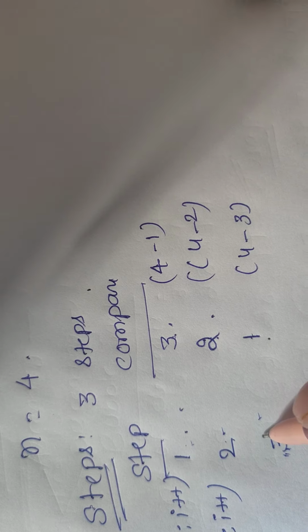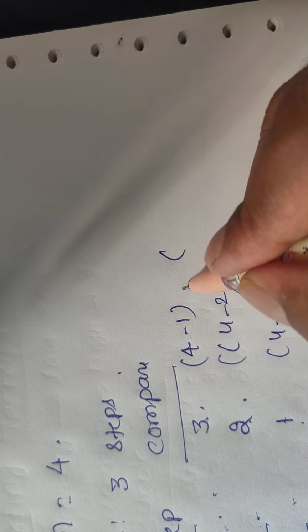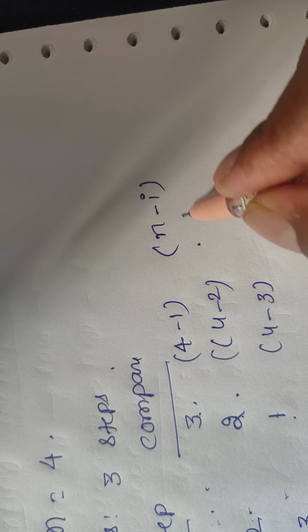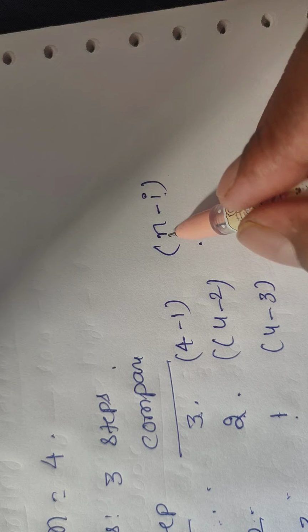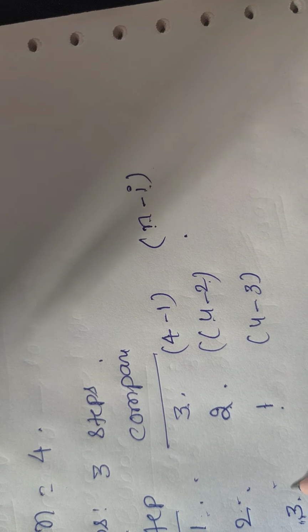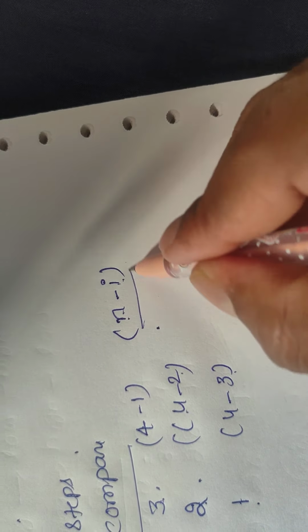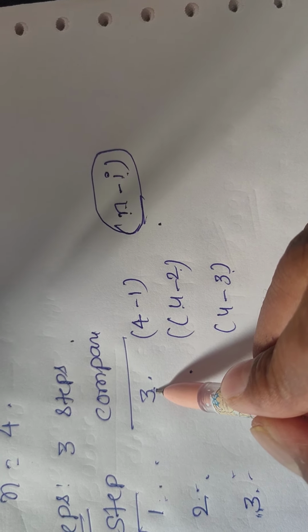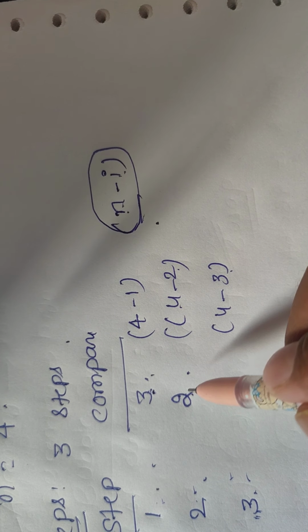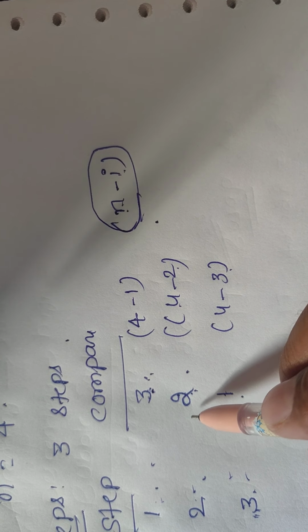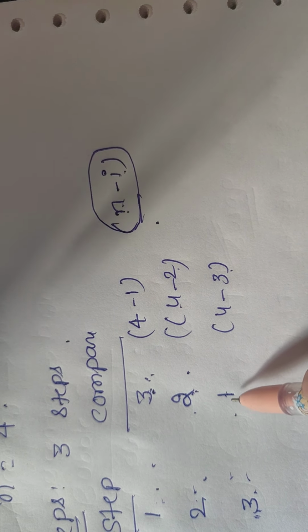These are the i values. So that's why we are writing 4 as the n. That means n minus i. If i equals 1, n equals 4, 4 minus 1. i equals 2, then 4 minus 2. i equals 3, then 4 minus 3. At the time of comparison, there are n minus i comparisons available. That means there are 3 comparisons, so from 1, 2, 3. There are only 2 comparisons, only 1, 2. There is only one comparison. Starting with 1, ending with 3. Starting with 1, ending with 2. Starting with 1, ending with 1.